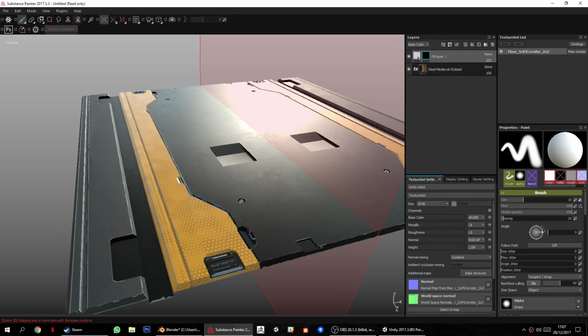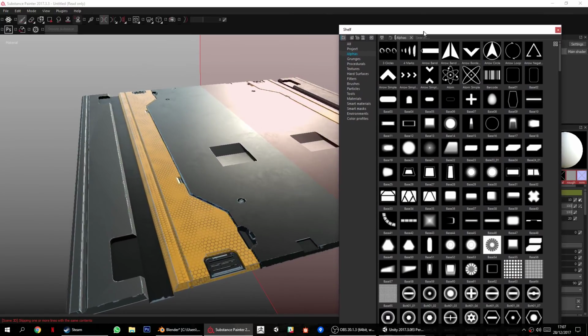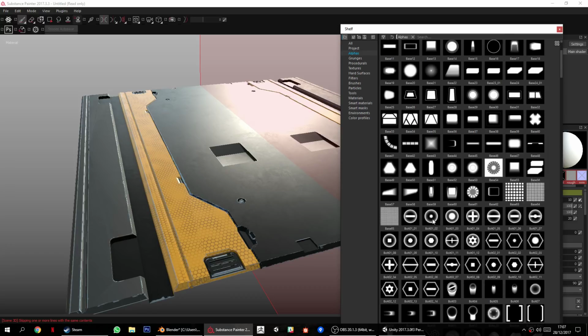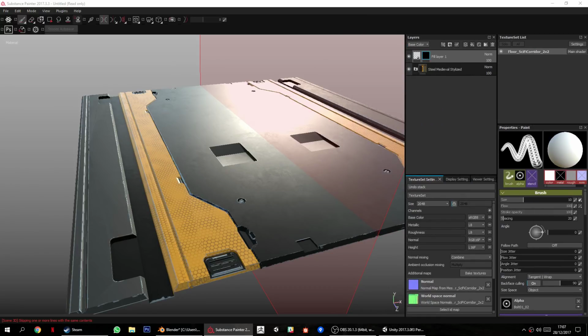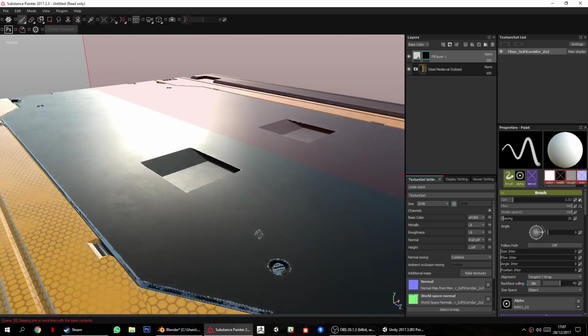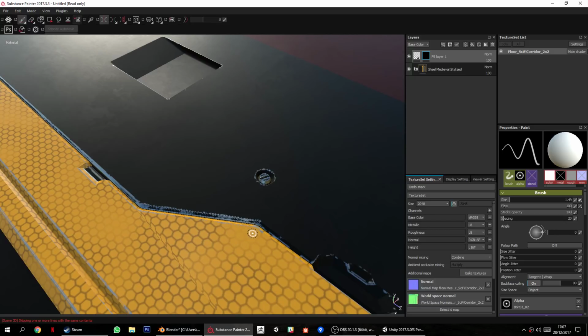So now we'll do a black mask. I'm going to go to my alphas. I have a lot of custom alphas. Let's do a bolt, and let's see, where do we want this? I want to make it small. One here, here,